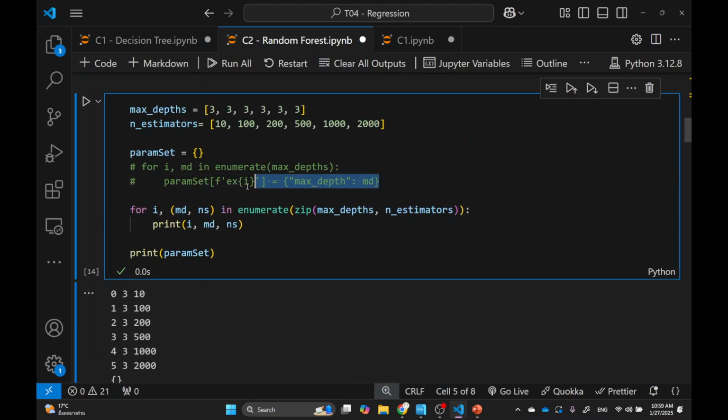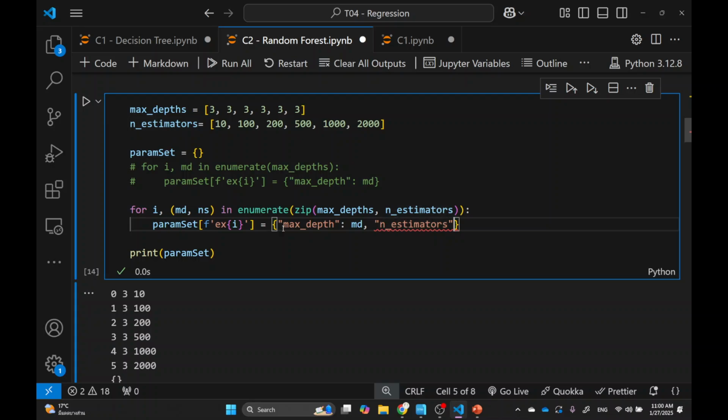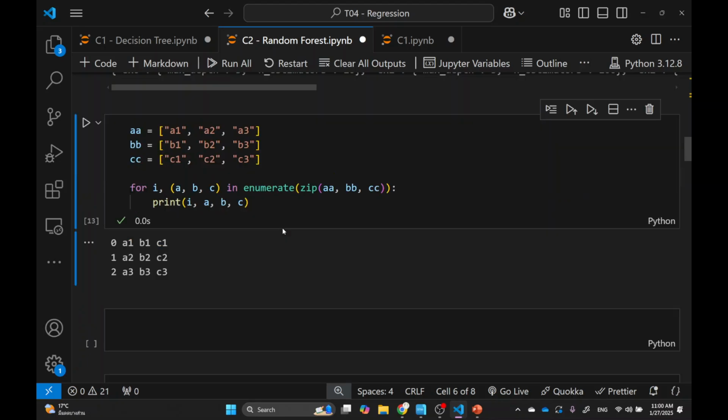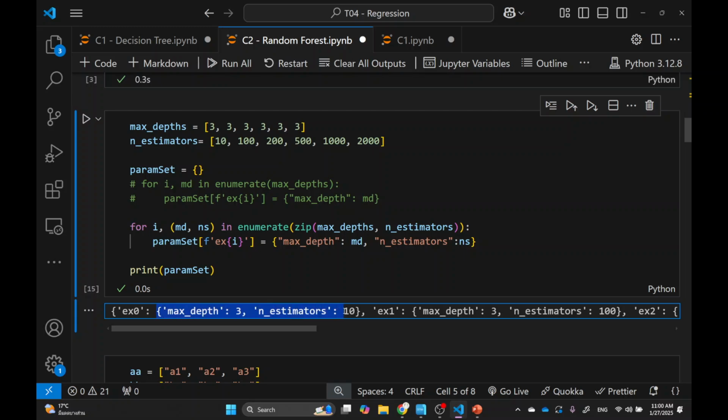And now I can go back to whatever I have in here, right? Right here, okay? So this one is the number of the experiments, but then I need another thing called n_estimator, which is going to be equal to ns. Okay, and if I print this one out, you can see that I have a dictionary with 2 things inside. I mean, each of the experiments has the value of max depth and n_estimator. Okay, so that one,